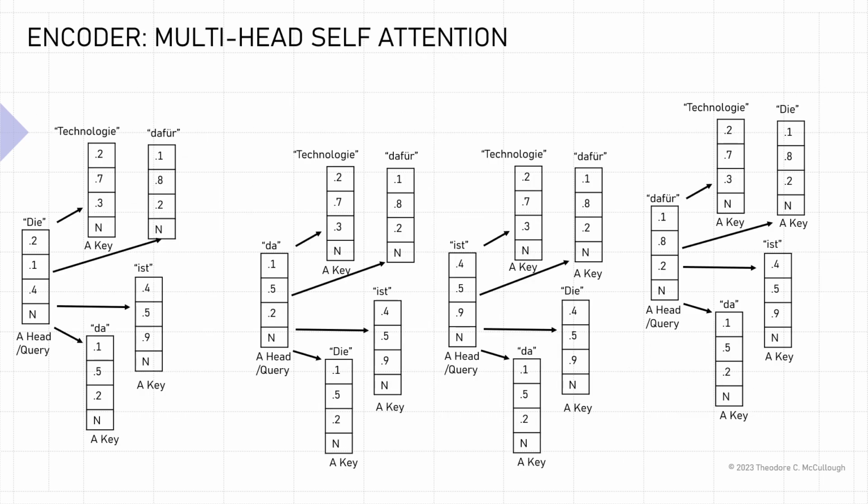This slide depicts the notion of multi-head self-attention. Prior to the creation of the transformer models, sequence models used what is called self-attention, where basically you would take a word and determine the statistical strength between that word and all other words in the sentence. But this is typically just done once.